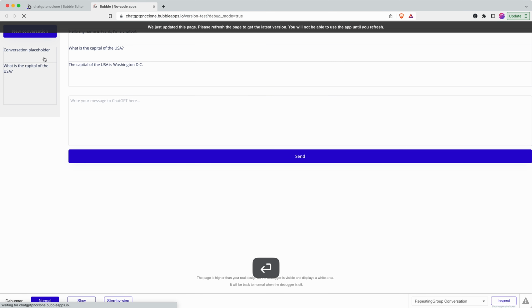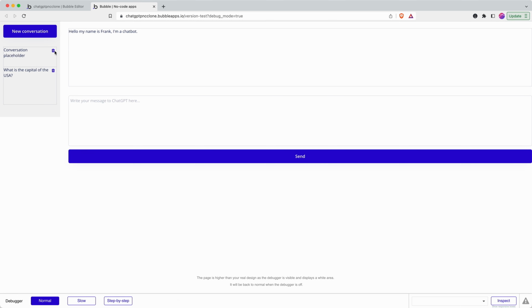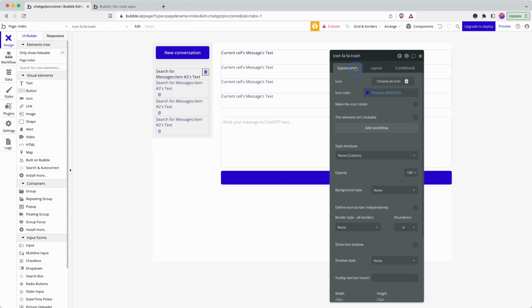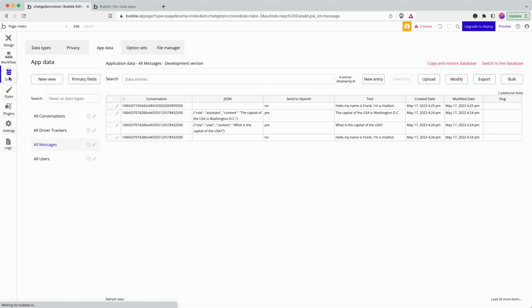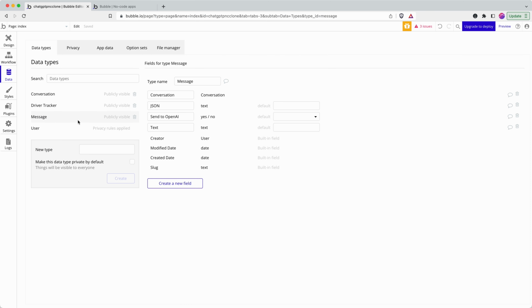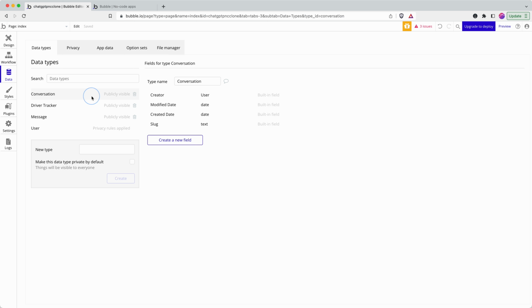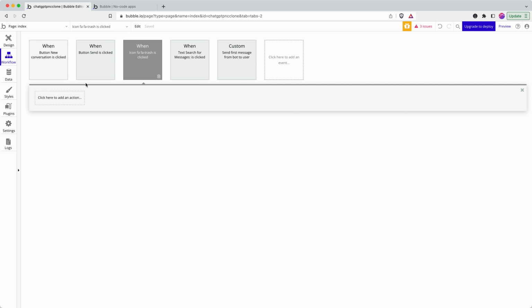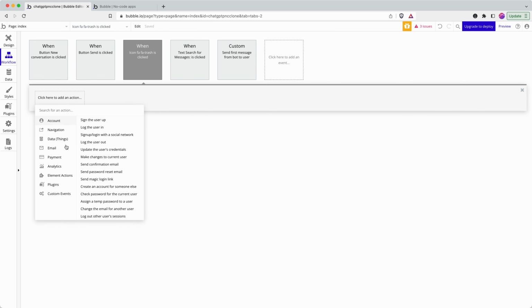Now if I preview that, you'll see I have a trash or a bin icon in the far right of my repeating group for my conversations. So now I need to add a workflow to it, and remember, this workflow is going to not only delete the conversation but also delete all of the messages. So in my data structure, my messages have got a field of conversation, and conversation doesn't have any additional fields to it. So I'm simply using conversation to group together my messages. That means that I need to delete my messages before I delete the conversation, because it's conversation that is holding my messages together. So I can do delete a list of things,